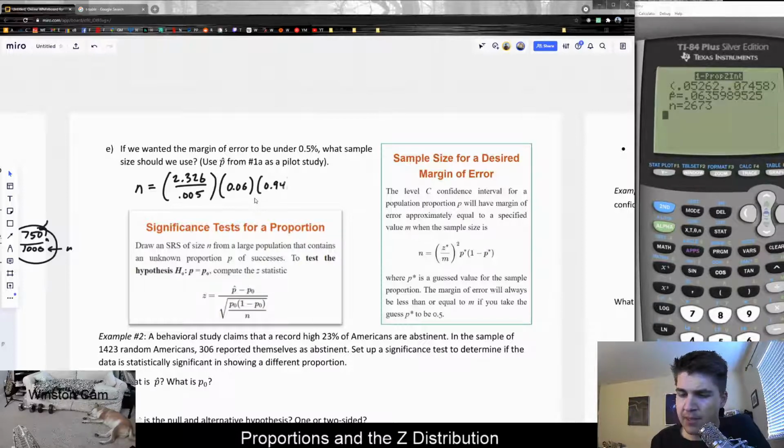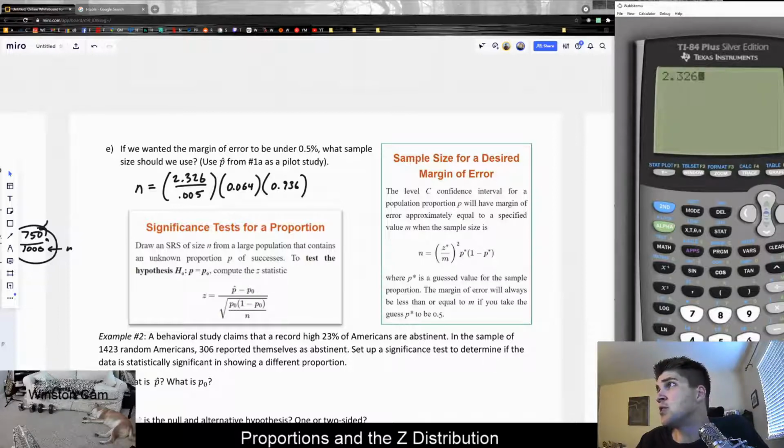And that would make 1 minus P star to be, whoops, sorry, I miswrote this. This would be about 6.4% is our guess based on the sample we just took. And then 1 minus P star would just be the reverse, which would be 0.936. Anyways, let's go ahead and do that math. So 2.326 divided by 0.005 multiplied by 0.064 multiplied by 0.936. And this would leave us with